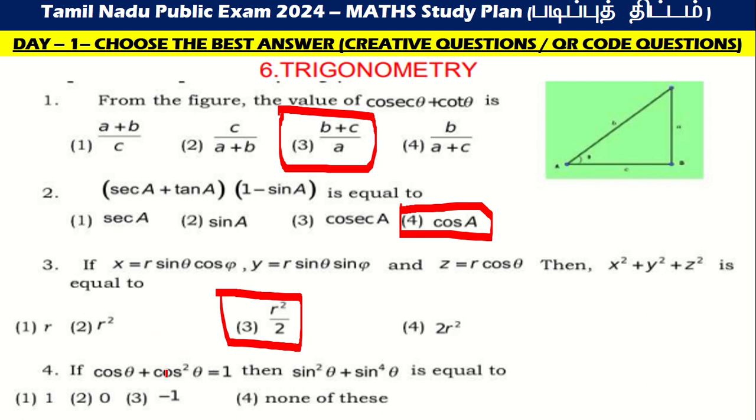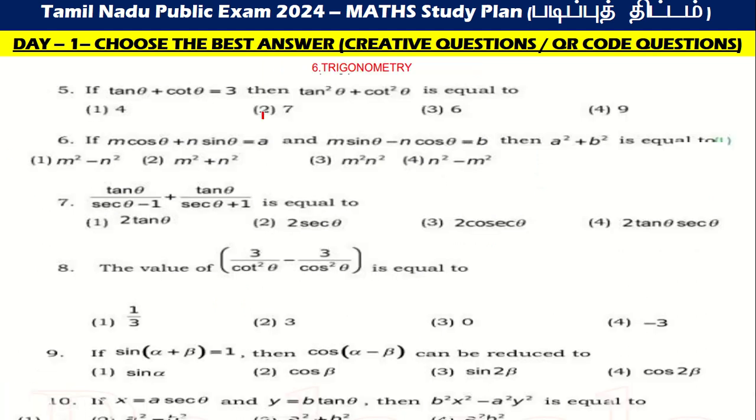If cos theta plus cos square theta is equal to 1, then sin square theta plus sin power 4 theta is equal to 1. Then the fifth one: if tan theta plus cot theta is equal to 3, then tan square theta plus cot square theta is equal to